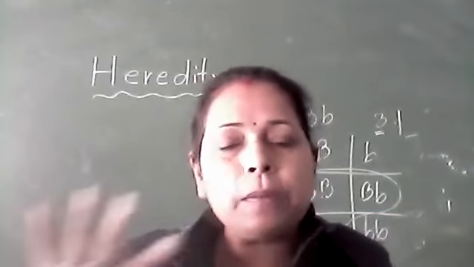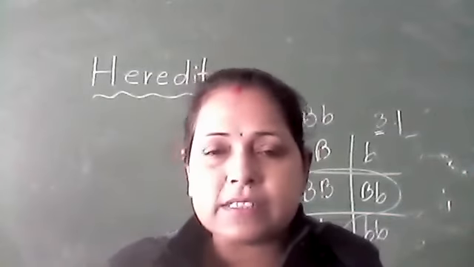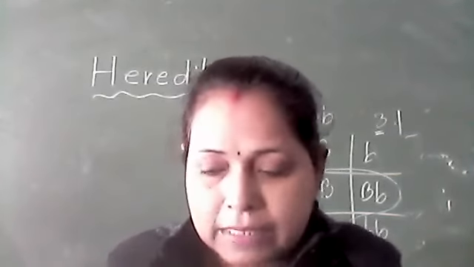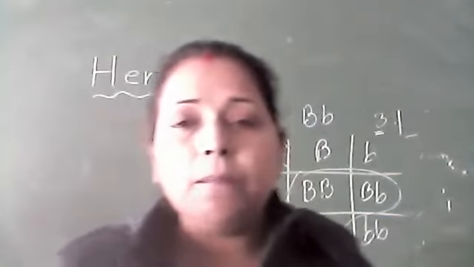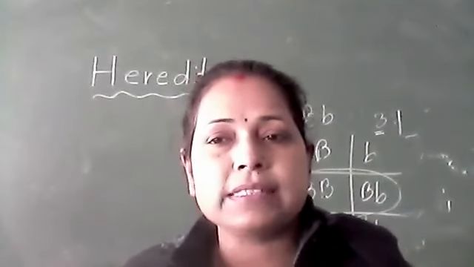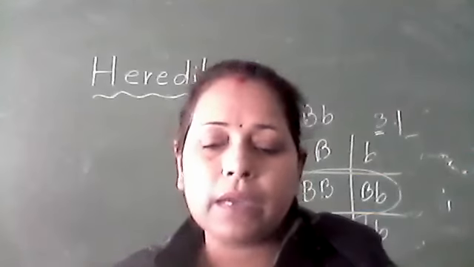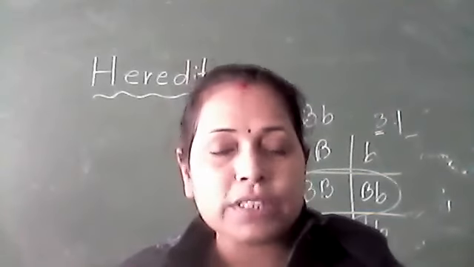Okay, then you people simply draw the Punnett square and explain how the character which Mendel took as the dominant one appears in the first generation, and in the second generation how he is getting the ratio of 3:1. Okay, कभी कभी क्या होता है, sometimes a question is given in which